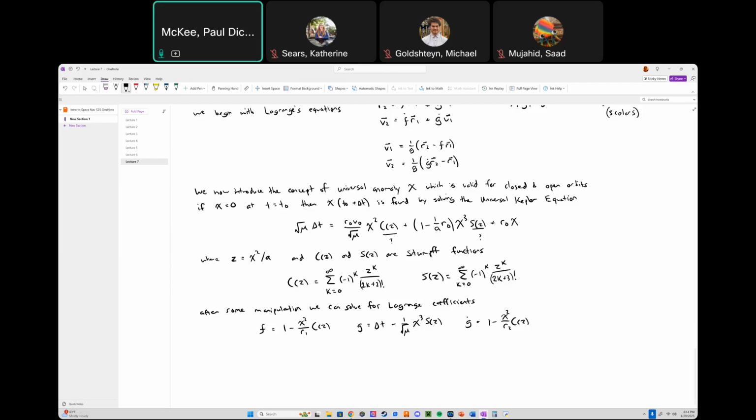So remember, our goal is to solve this equation right here, too. So we need G, we need G dot. We'll also need F at some point. So we're going to use these Stumpff functions. Now let's make this make a little bit more sense. Some further analysis will show